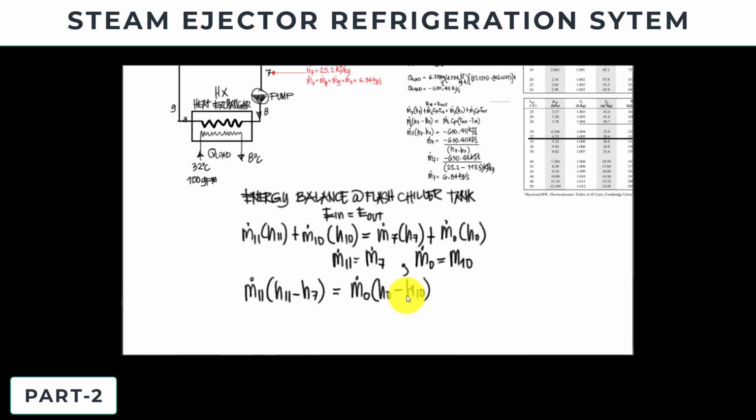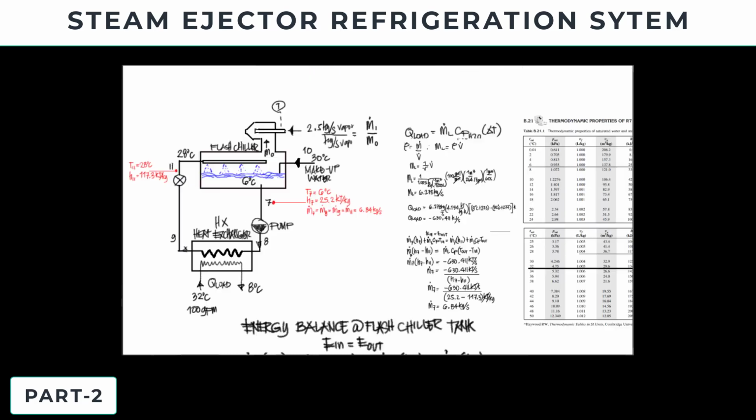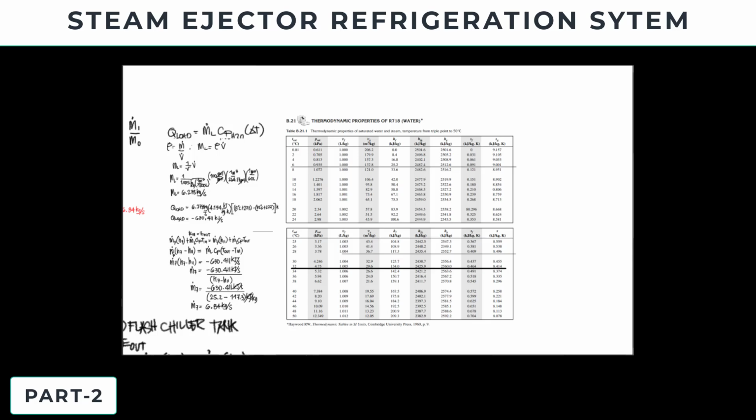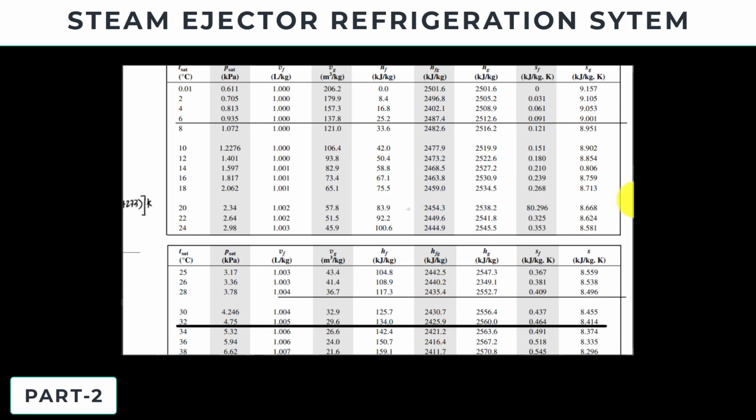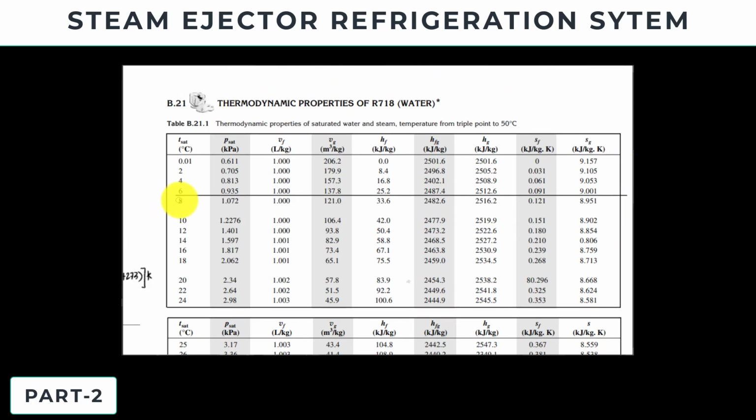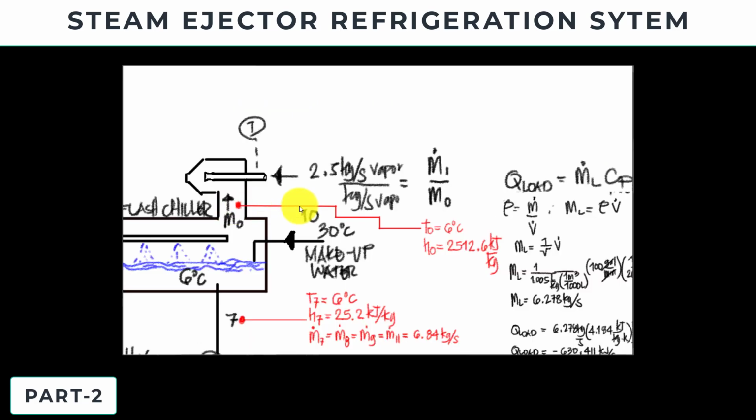Now we still don't have the values of enthalpy O and enthalpy 10. So let's try to use our steam table to find the values for that one. You'll notice here at O we have the 6 degrees Celsius. So the enthalpy at O is in the form of vapor state. Now we go to the steam table and look for the vapor state of the 6 degrees. So if you'll notice here, we have the value for the 6 degrees, 112.6 for the value of the enthalpy of your vapor. Okay, so I draw here the line to represent that point, no? With the given temperature of 6 degrees Celsius. So that is in the form of vapor.